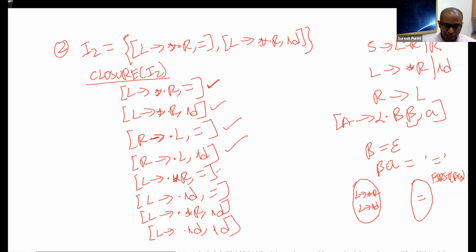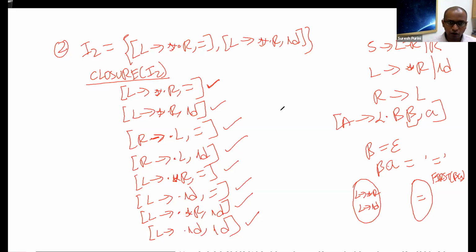And when we try to expand, see if this LR1 item can generate any new LR1 items, it turns out not to be possible because the dot symbol is present before the terminal symbol star. So this cannot generate new LR1 items. This also cannot generate new LR1 items, and so is the case with this. So the closure expansion has stopped.